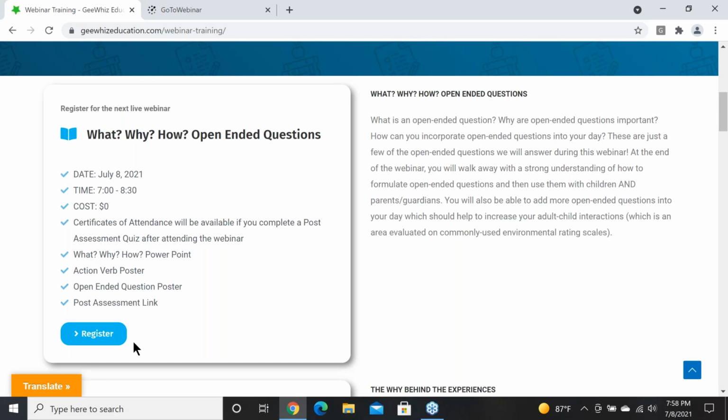Right now what I want to show you are two of the handouts that are currently up during this presentation that you can download from the sidebar, or you're going to be able to download them from our website if you just don't want to do it from the sidebar.